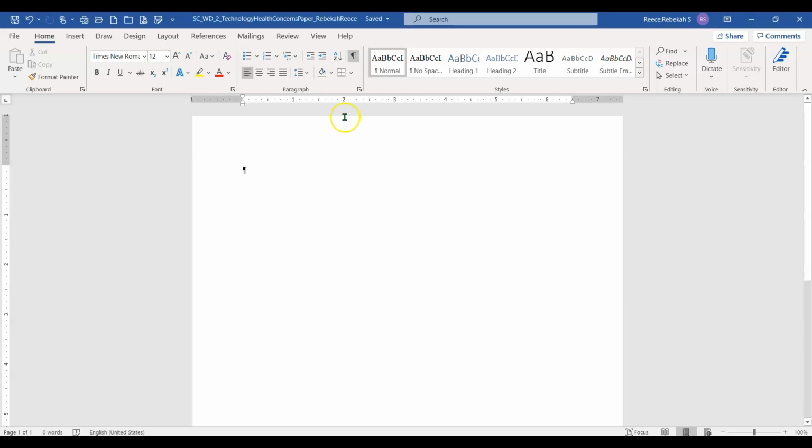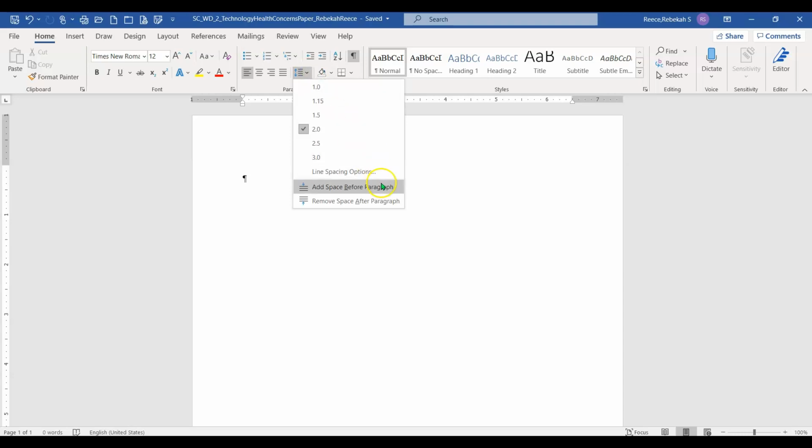The other thing that we need to do, we learned this back in Module 1, is some of our paragraphs have additional space put in. Again, by default, Word has an additional 8 points of space after a paragraph. So once you've pressed your Enter key to move on to a new paragraph, that previous paragraph has some additional spacing. We learned how to do that in the Layout tab